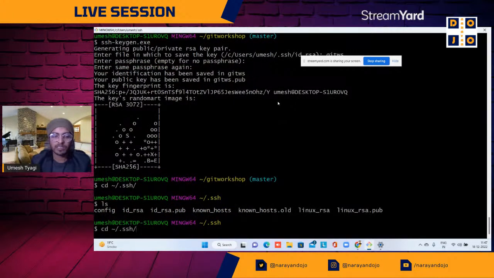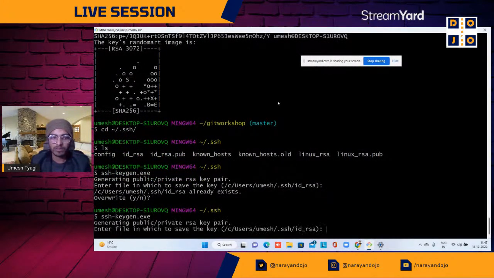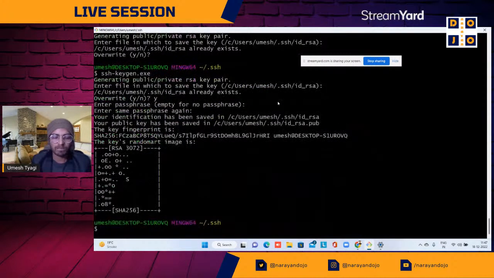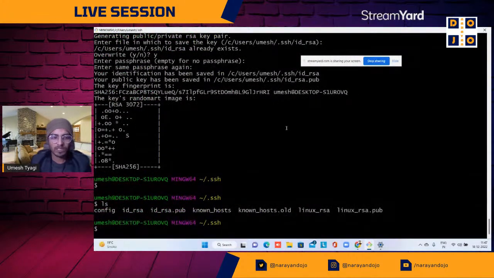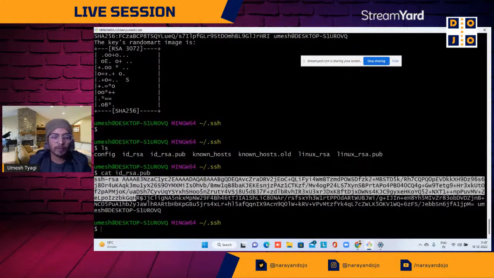Let me run this command again. Override. So you have to open the public key and copy the content of the public key